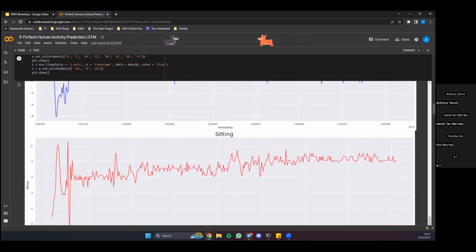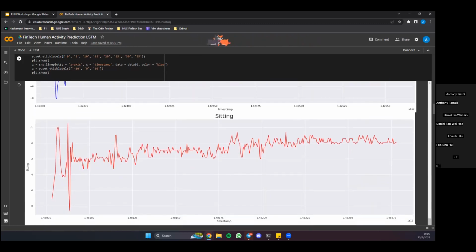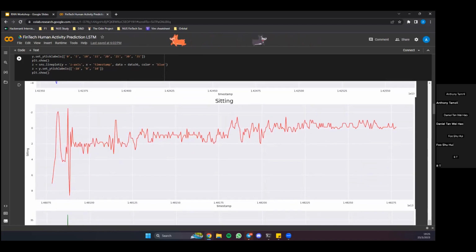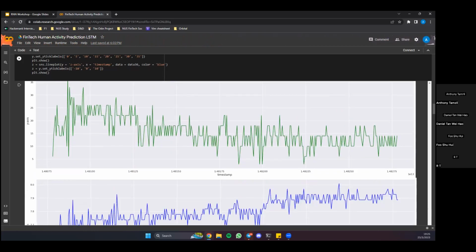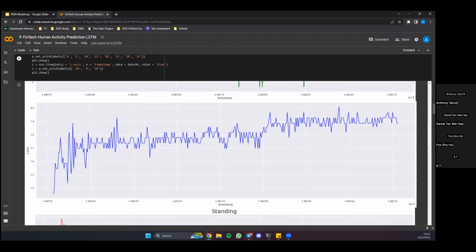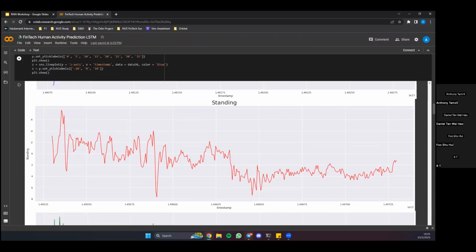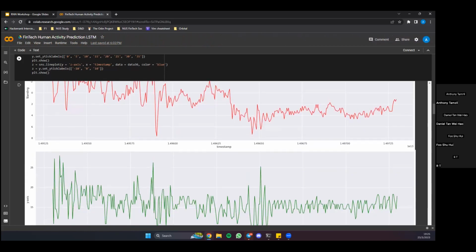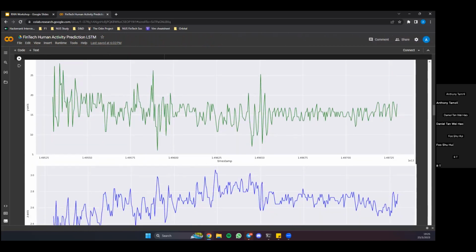So as compared to walking and jogging, for sitting, we expect it to have lower amplitude, right? Because you won't be moving as much when you're sitting down. You won't be moving a mobile device as much. You won't be swinging your arms. So as expected, this is what we have. And we also have for descending, which is basically in between walking and